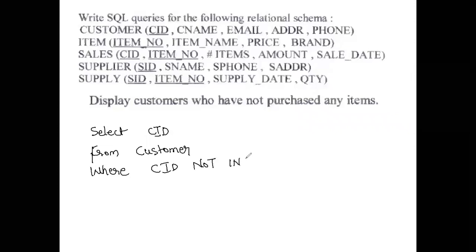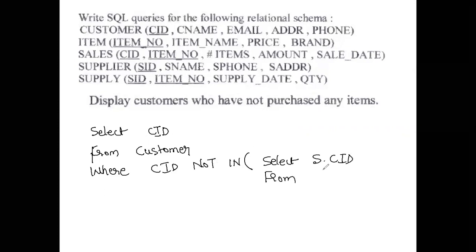So this is the operator which we are using. Not in. So what happens here? It will extract all the CIDs of the customers and we will only pick those that are not present in the sales table. So here we will write select s.CID from